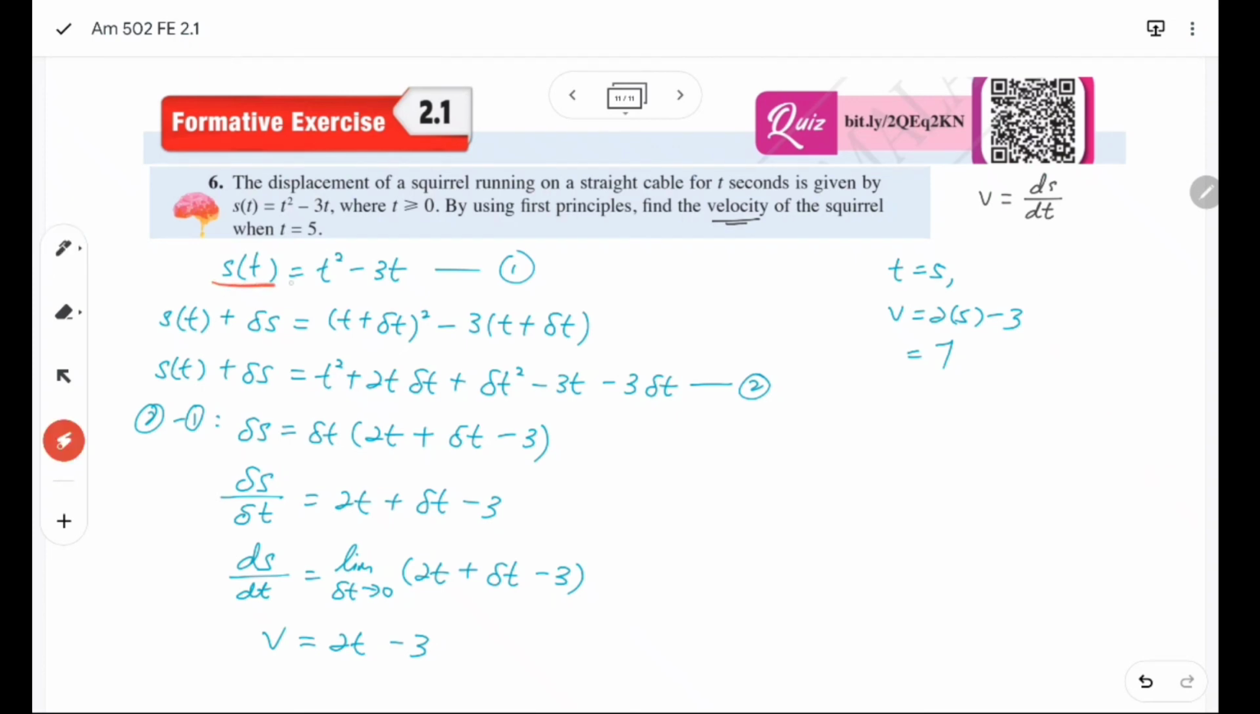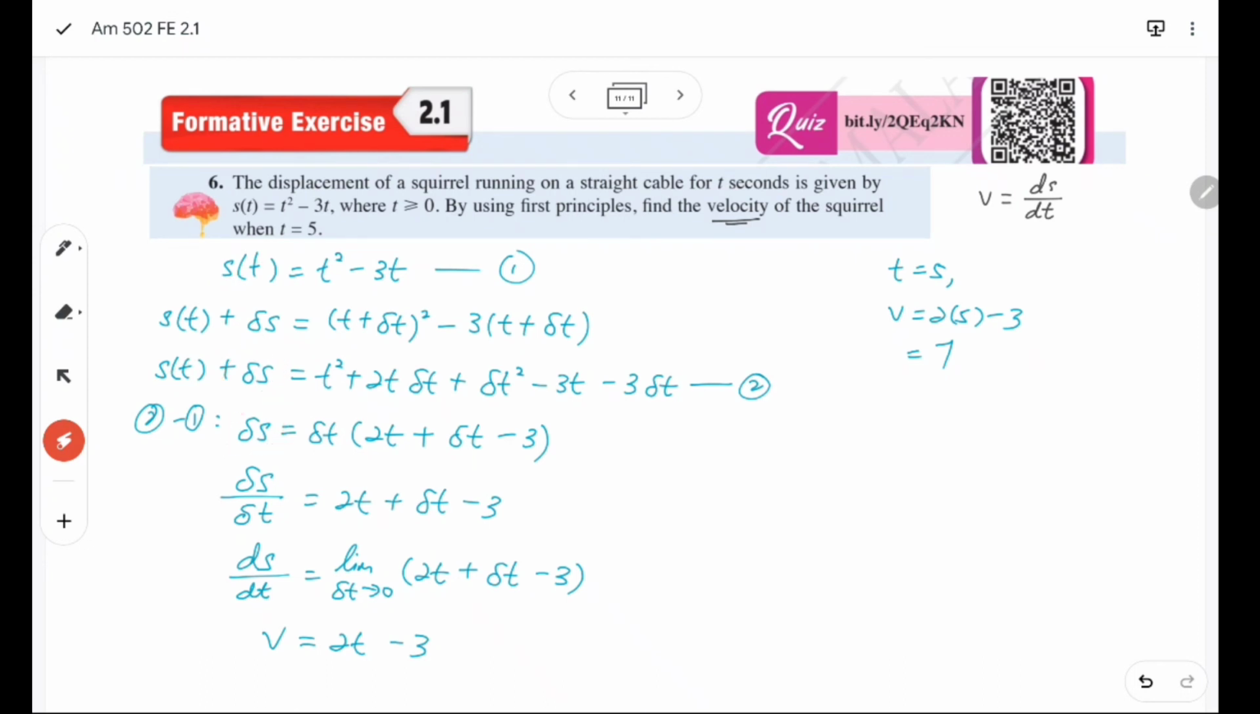So from s(t) equals t squared minus 3t, the second point will be s(t) plus del s equals t plus del t squared minus 3 times t plus del t. So s plus del s equals t squared plus 2t del t plus del t squared minus 3t minus 3 del t. So I have two equations, and the second equation minus the first will get del s